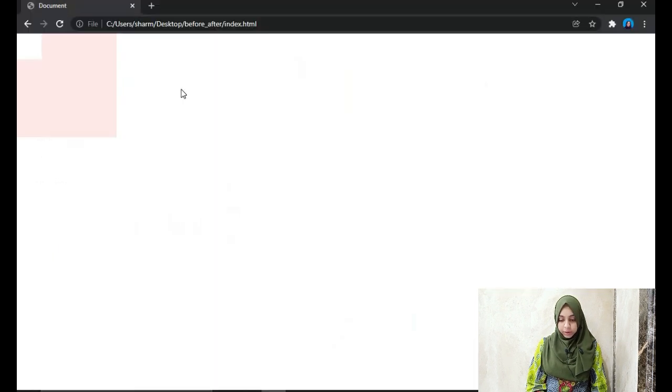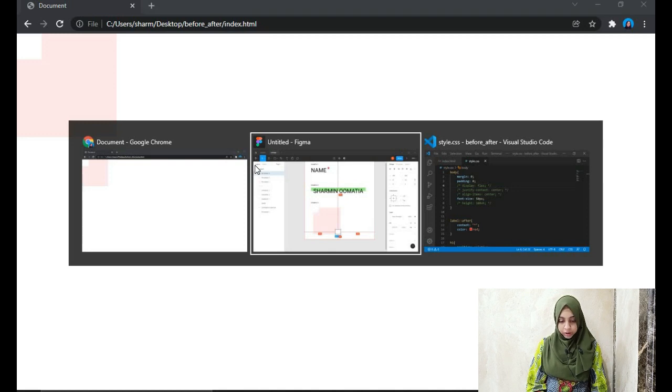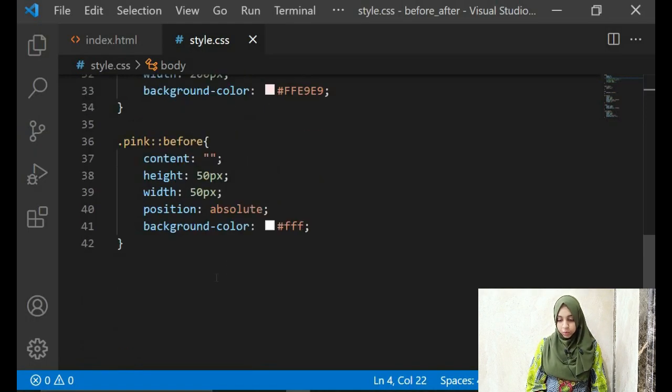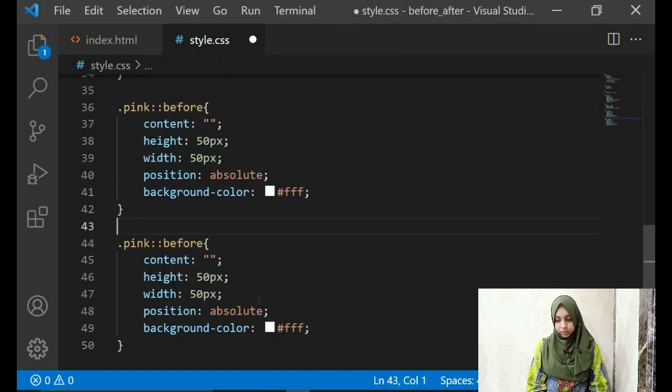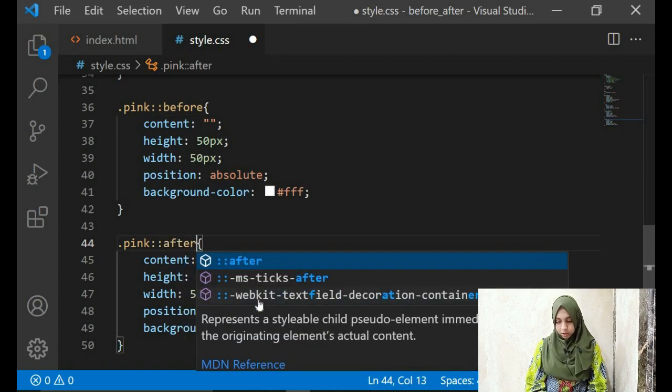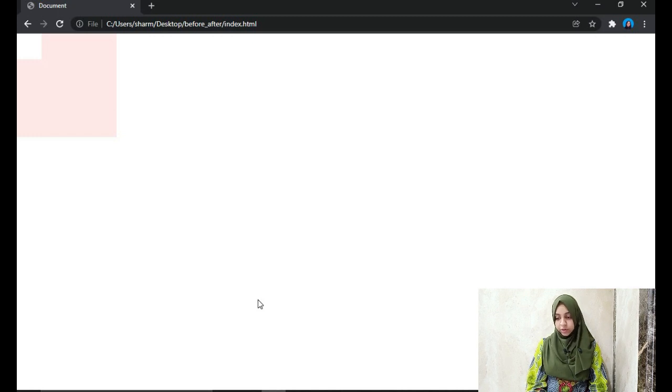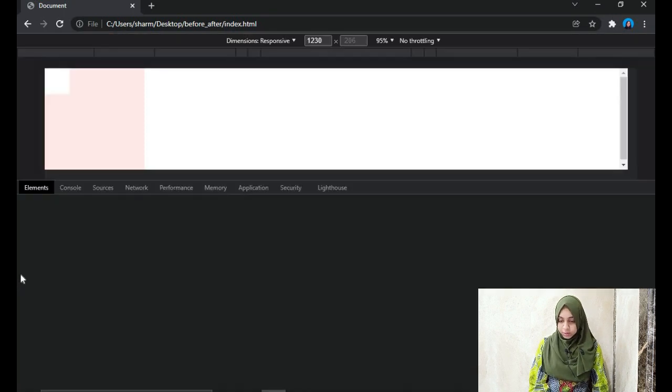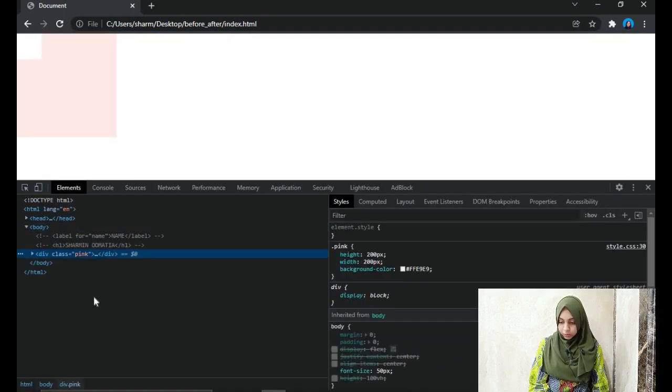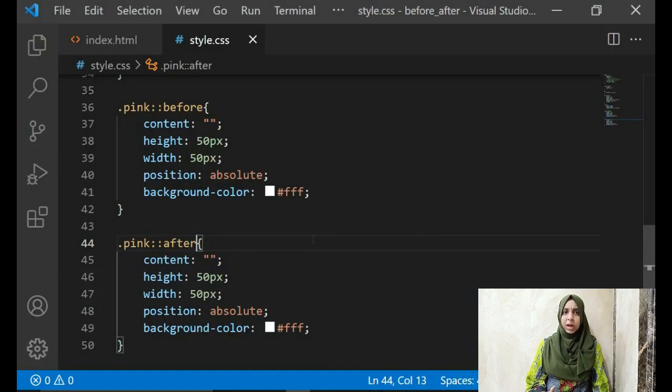Now the second element, that we can call in the after. So what do you think, if we copy this and paste it in the after, will it work? What do you guys think? Mention in the comments below, will it work or not? Okay, so let's try after, and refresh. Do you see the element anywhere? But it's there. Let's see in the inspect, you will understand where it is. When you open this, can you see we have an after and before, both overlapping each other? Now why is this happening? Can you guys guess and mention in the comments why is this happening?